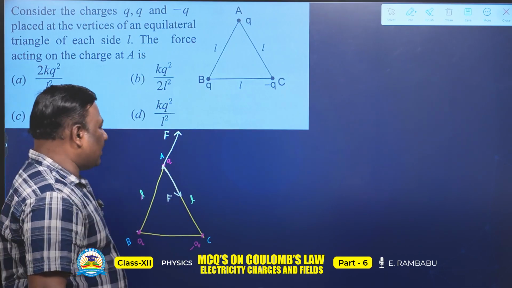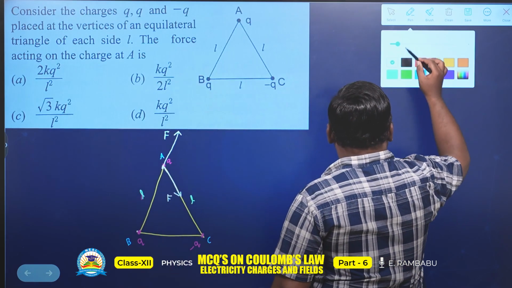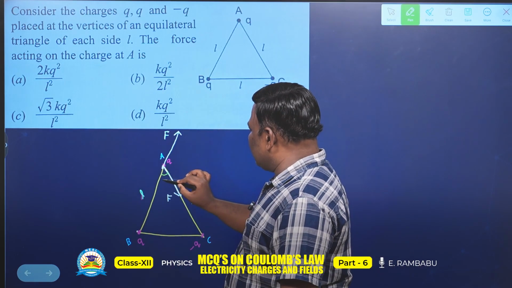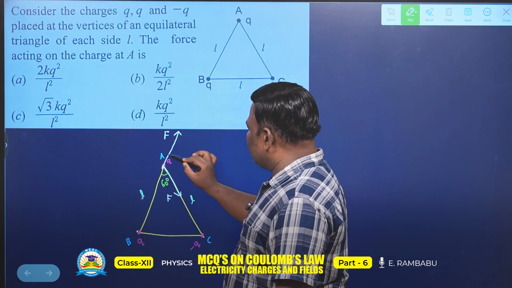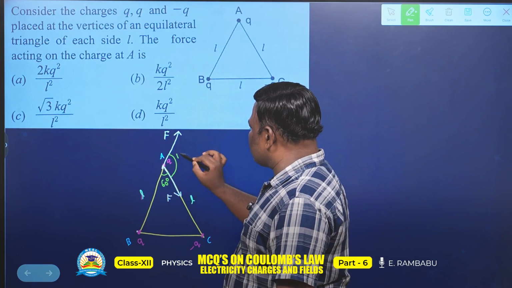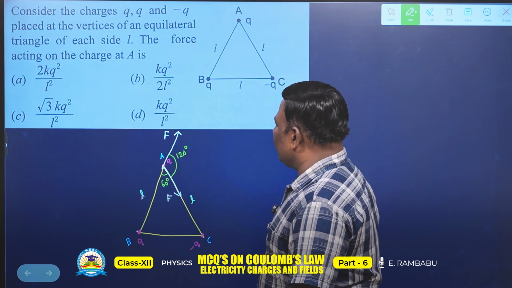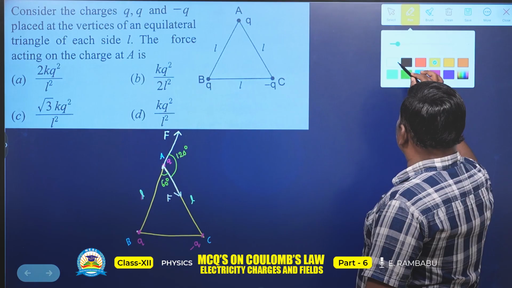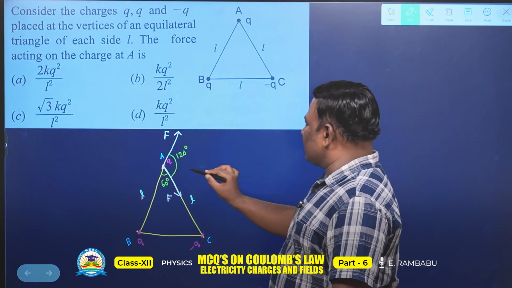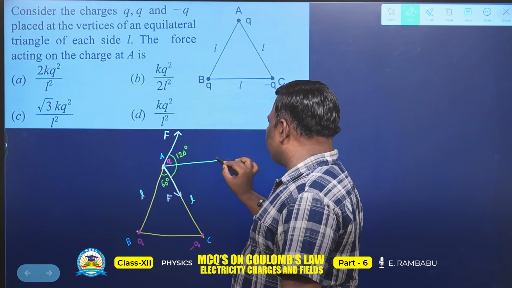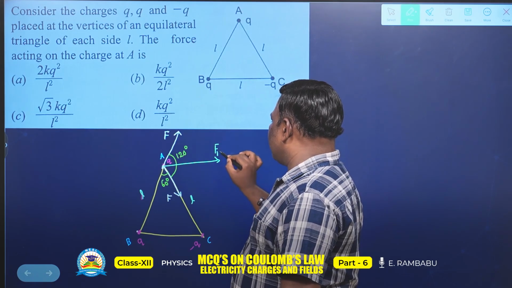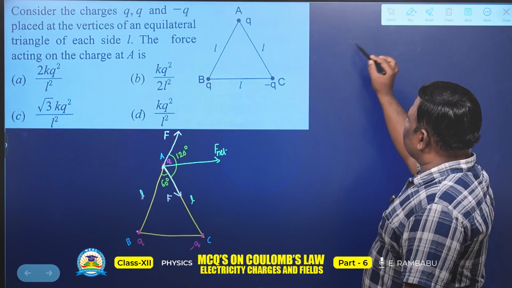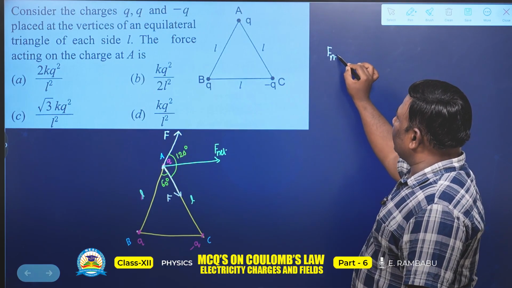Next one, here they have given an equilateral triangle. When an equilateral triangle is given, this angle is 60 degrees. Then what about the angle between these two forces? 120 degrees. Now we are going to find the resultant force. This is the resultant force. It is the net force. What is the formula for net force? I am going to apply the